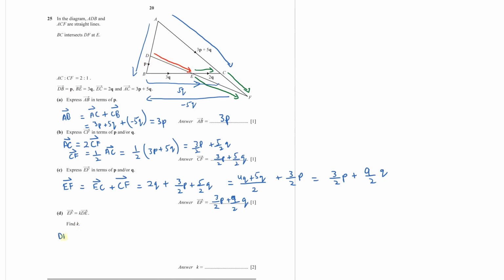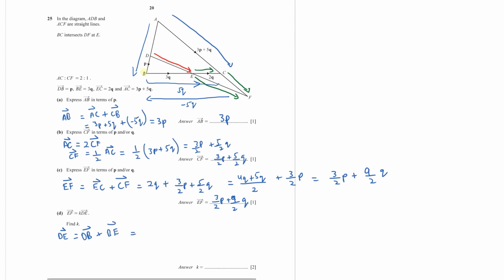DE is this vector plus this vector. So I have to find DE in terms of P and Q because I know the vector EF in terms of P and Q. And then I can do the comparison to find the value of K. So DE is equal to DB plus BE,